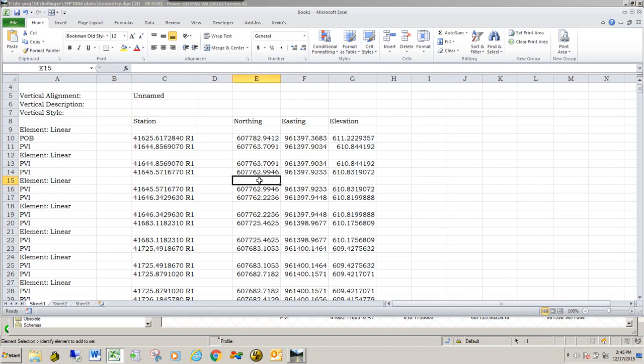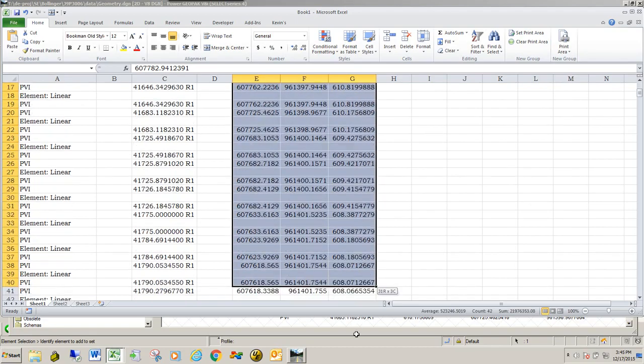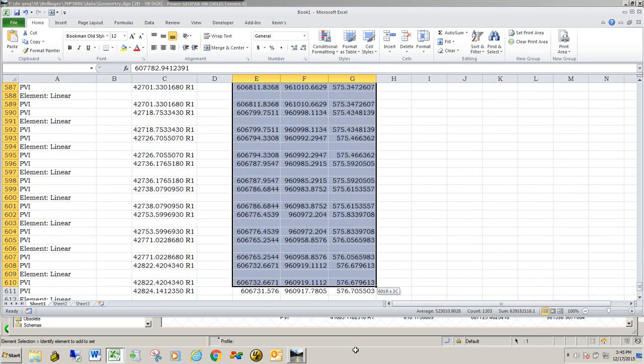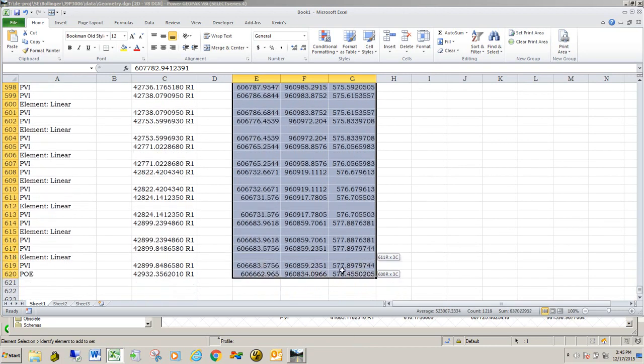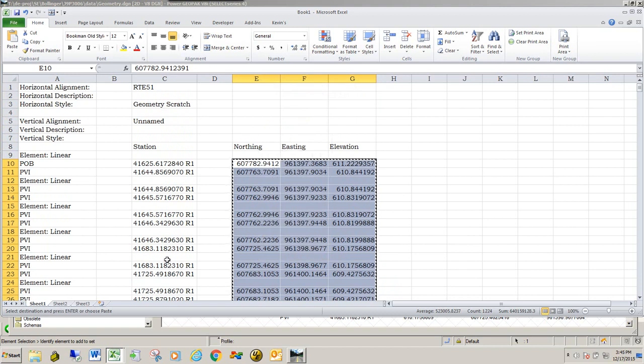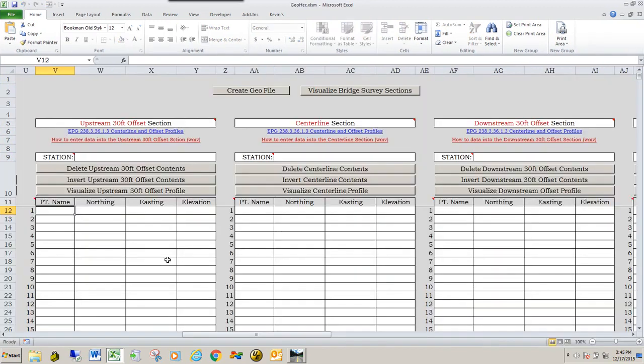It also will remove spaces. Okay, and so we've got some spaces here between the data, and that's not a big deal. So all I'm going to do is select my data. I'm going to go all the way down and select every VPI of data. I'm going to right-click and copy, and then I'm going to go to my GeoHeck spreadsheet, and I'm going to